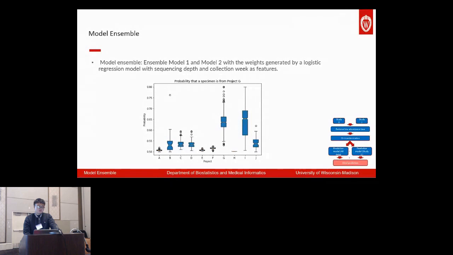For example, if a subject in the testing data set is more similar to the subjects from project A, we would assign the weights of model 1 and model 2 almost equal, about 0.5. But if it's more similar to project G, we would assign the weight for model 2 as 0.65, which is higher than the weight of model 1. So now we can get different customized weights for model 1 and model 2 for each subject in the testing data set, and we can get an ensemble model prediction.